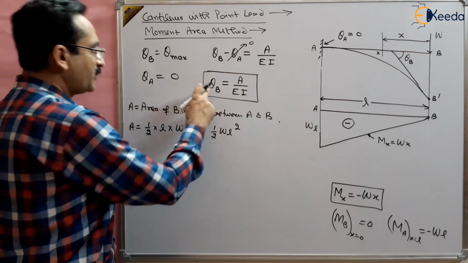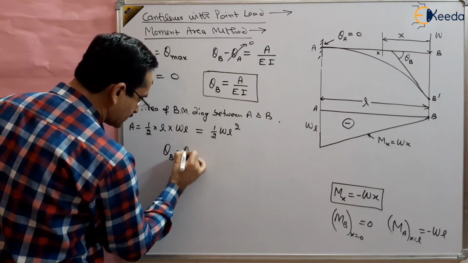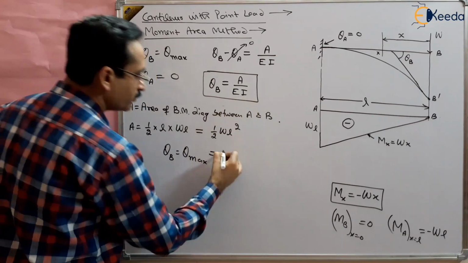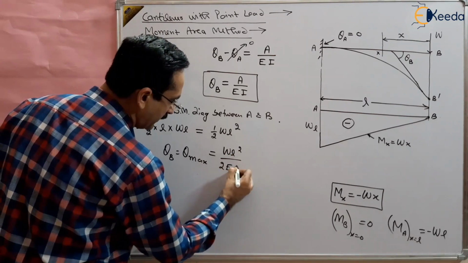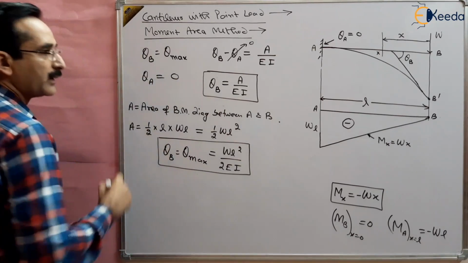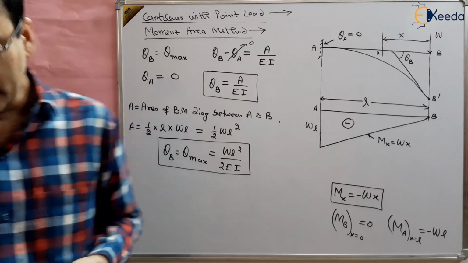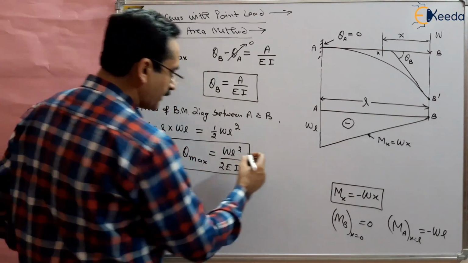So theta B, which is theta max, will come out to be WL square upon 2EI. So this is the maximum slope at point B, right? This was our aim, to find out the maximum slope, and this comes out to be WL square by 2EI